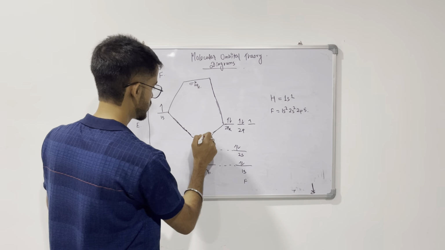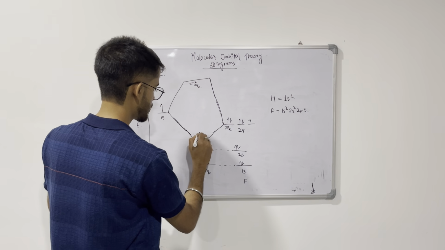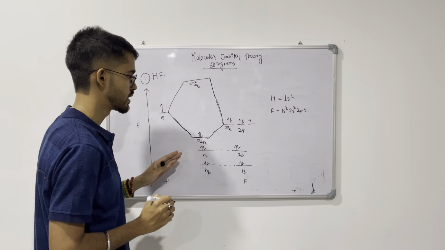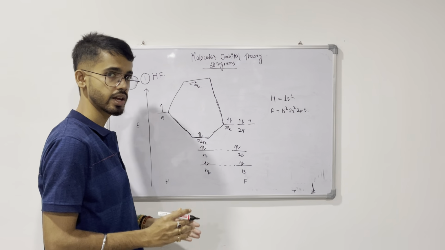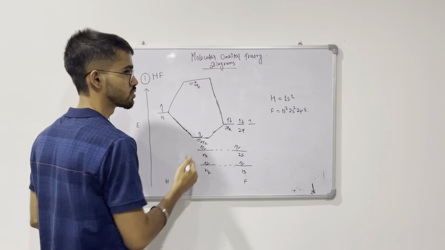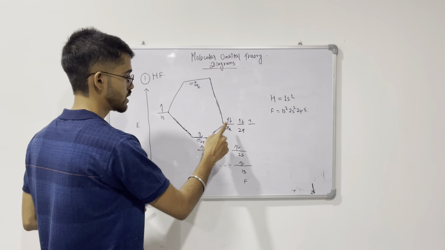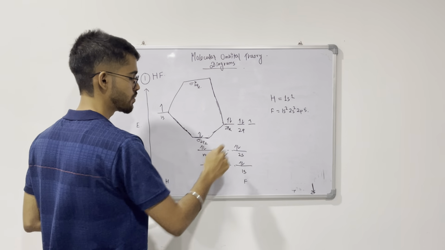Then what happens? Two electrons come in, so it is filled. First the bonding orbital will fill because of its low energy, then the electrons will go to the upper energy level. So again, how many are left? 4. So these 4